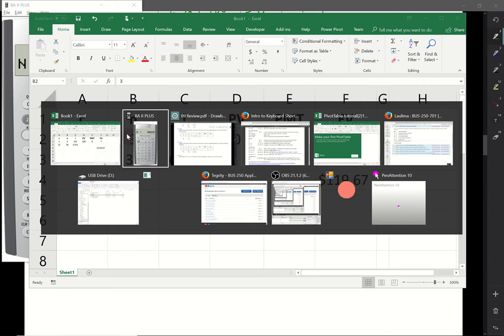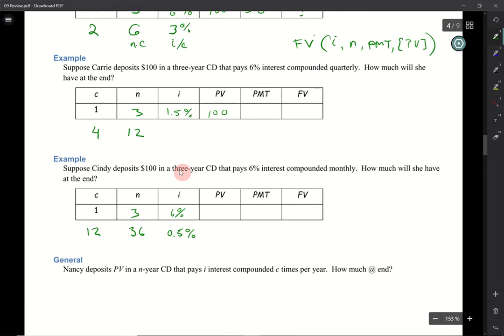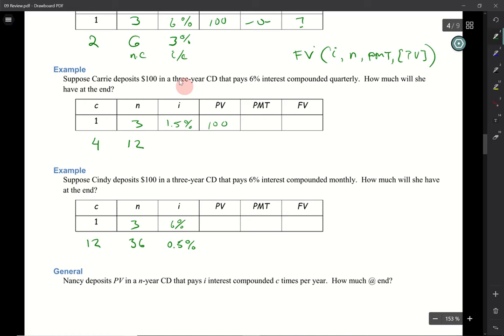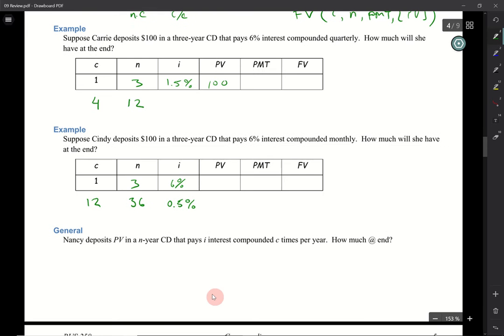What we're doing is we're sticking to years. So all this set of problems was 3 years. So the C, A, B, C. A was the 1 year, B would be the second year, and C would be the third year. But we're varying the compounding, quarterly and then monthly. So C, third letter of the alphabet, 3 years. Okay, so if you do this,